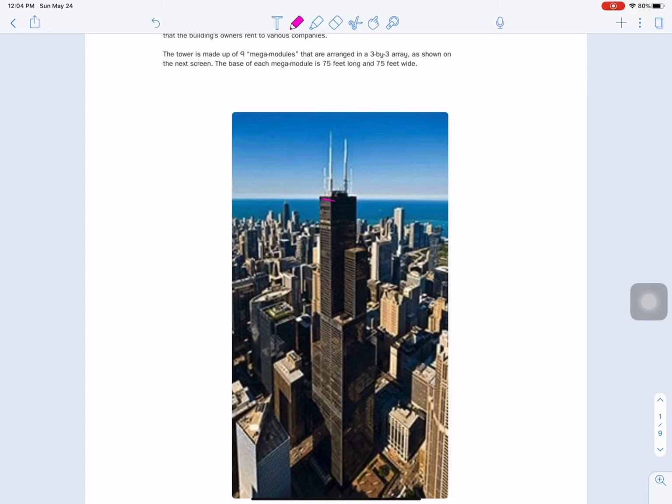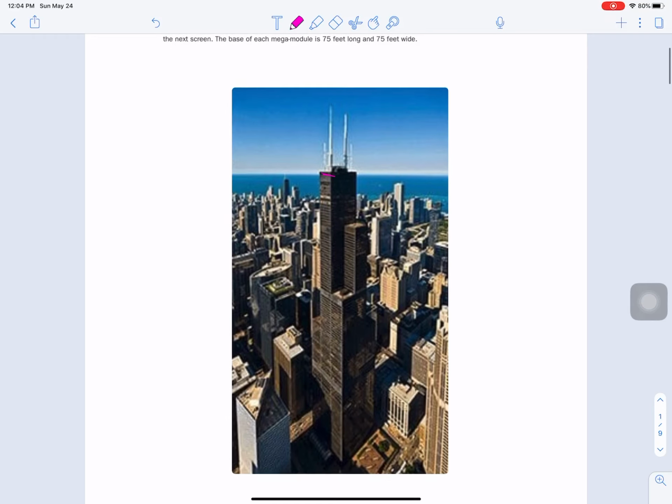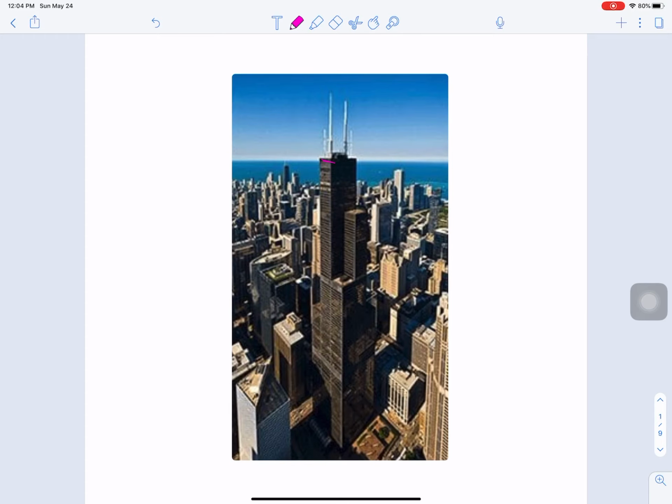In the book, it says that it's the eighth tallest building in the world. Now it's the 12th. That was as of 2013. So 12th tallest building in the world, second tallest building in the United States. Don't ask me what the first one is. I think it might be in the new World Trade Center in New York, which I don't think is the official name of that. Anyhow, what I think is interesting about this is it's made of 9 different tall, skinny